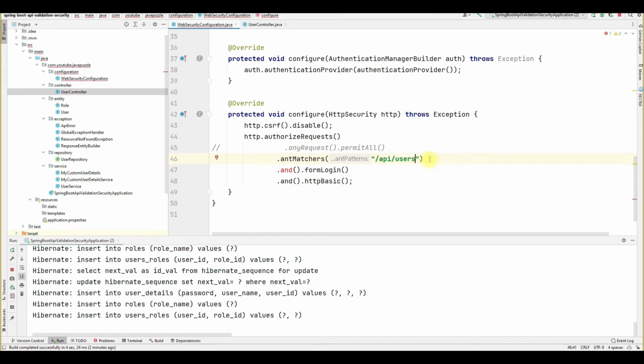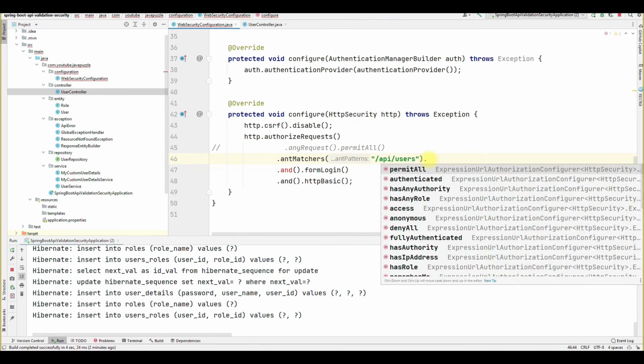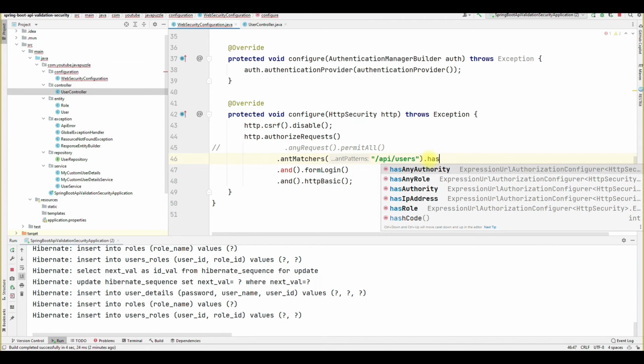Okay, then with the antMatcher we have to provide hasAuthority. Okay, hasAuthority. So there you will see there is a hasRole, hasAuthority, hasAnyAuthority, and hasAnyRole.